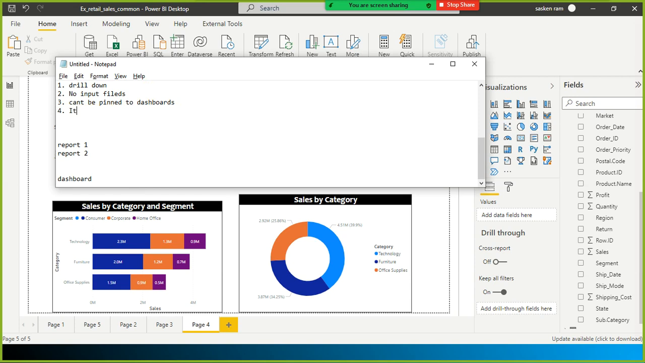Okay, and also it does not support measures. So we have something called measures. Okay, we'll discuss measures after some time. It is too early to discuss so many things. And then